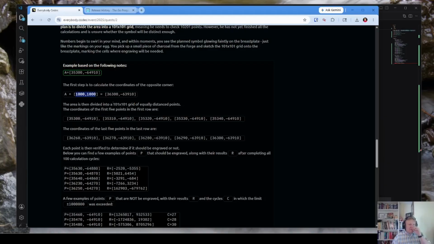Okay, the first 5 points. The first 5 points in the first row are... Okay, so we go up by 10 every time.